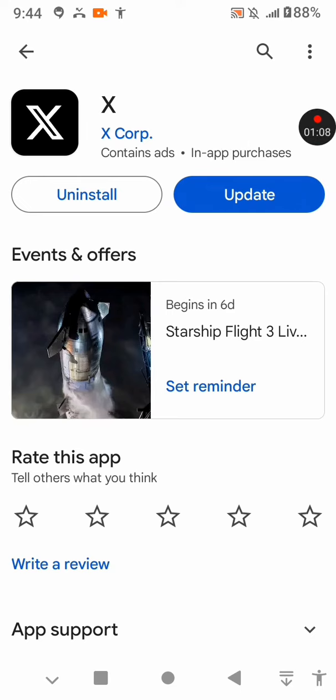So after updating your X app, what you have to do is to restart or reboot your device. Don't tap on open after updating it. What you have to do is to tap on the power button